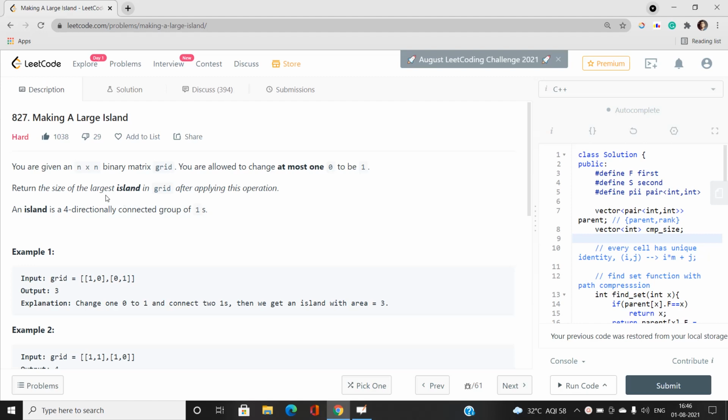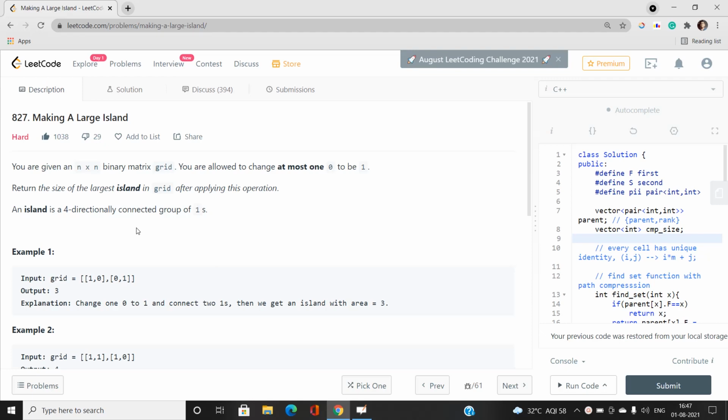So the concept is the size of the largest island. The term island means a four-directionally connected group of ones. If you're not understanding this right now, let me explain in other words, or hold some patience, as I will explain later with the help of diagrams. The term island is a group of ones connected in a matrix, where the matrix consists of values either 0 or 1.